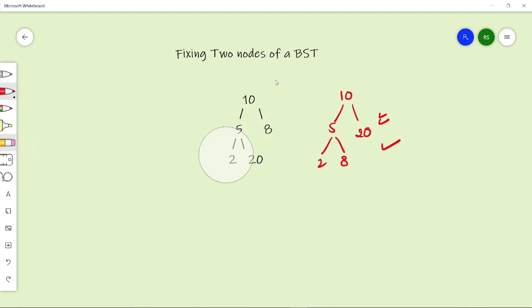So see, what can we do? We know that the in-order traversal of a binary search tree produces a sorted array. So let us produce the in-order traversal for this binary search tree. See, in in-order traversal, what is the rule?